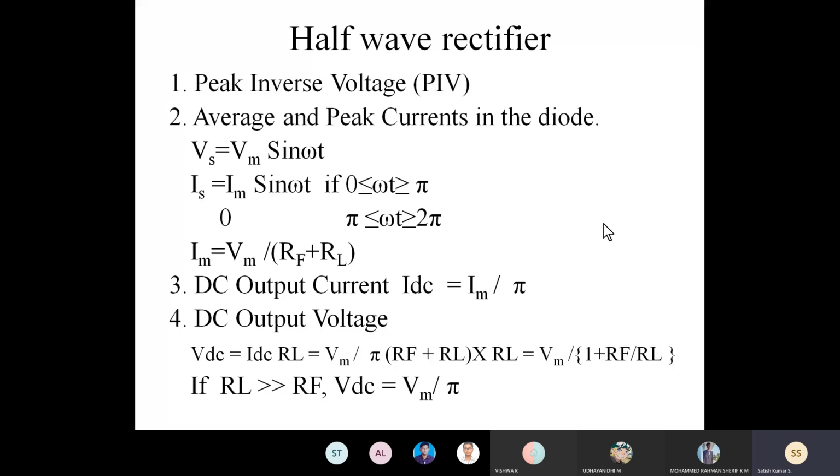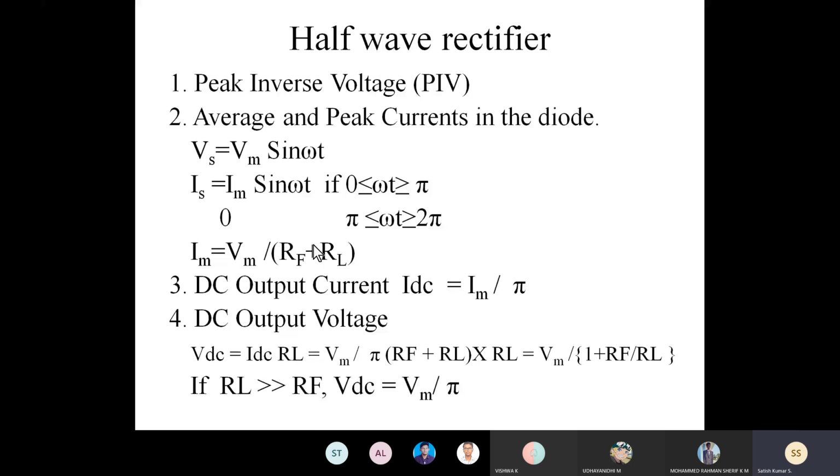From this equation we'll come to know Vs, which is nothing but the supply voltage. The supply voltage will be calculated with the help of Vm. What is Vm? That is the maximum value or peak value, with the sinusoidal sine omega t, where omega t is the rate of change with respect to time. Omega is nothing but 2 pi f. That f is the frequency, and 2 pi is the total time interval, the time period we are taking.